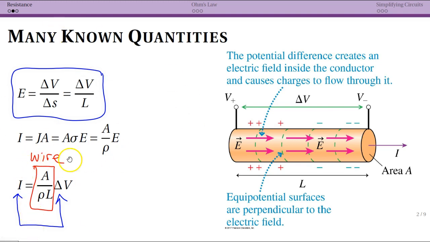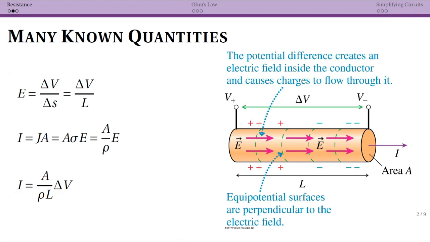So for now, notice that we've been able to relate current to the potential difference across the wire just in terms of properties of the wire itself. The other thing that's important about this is that before we were talking about current in terms of microscopic properties, right? Number density and things like that. Now these are all macroscopic properties. So we now have a macroscopic model of current,